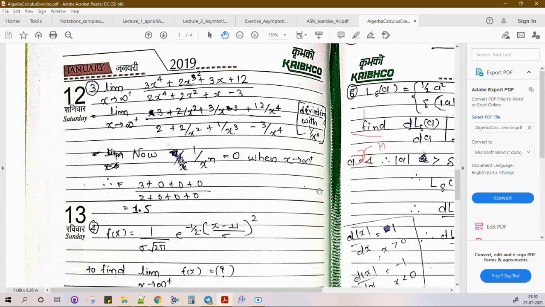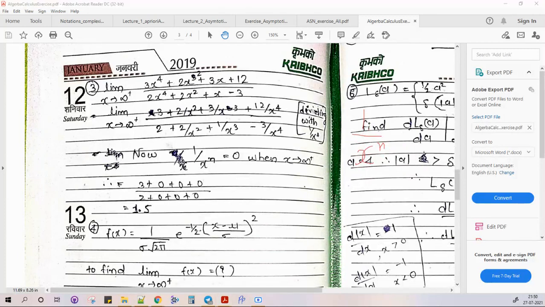So this is the basic limit rule, how to solve when you have infinity, like x tends to infinity. Correct? Next,